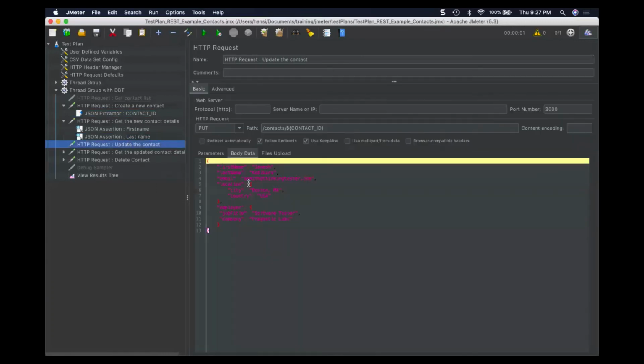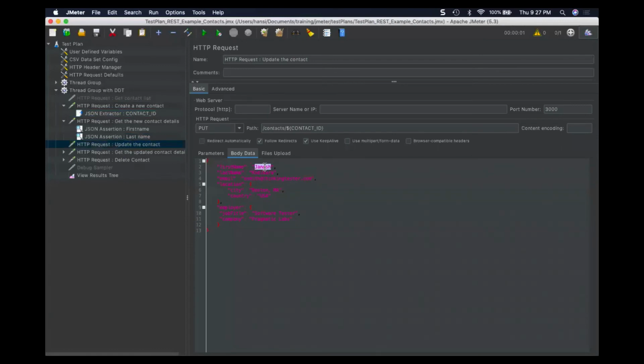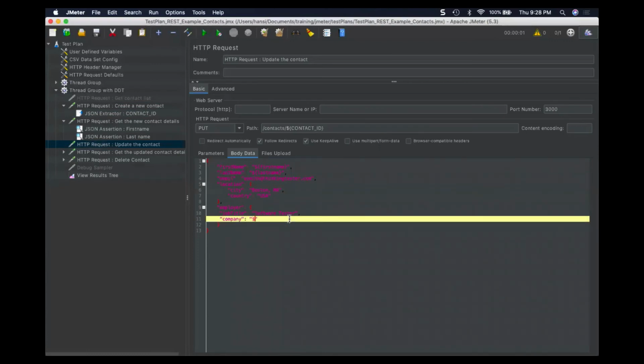When it comes to update, again dollar first name, dollar last name, and this one is the new company, new_company.